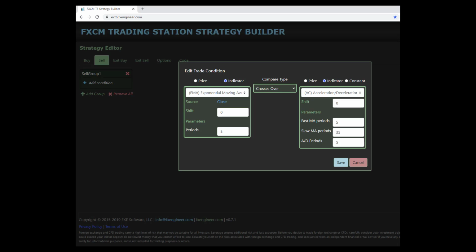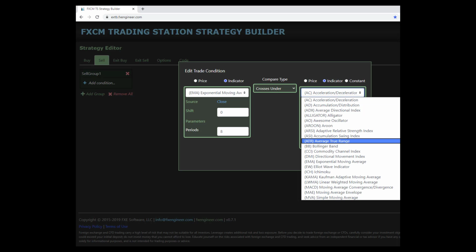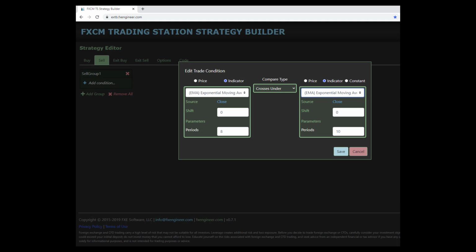And we want that not crosses over this time, but for our selling condition, we want it to look for a cross under. So we're going to change that to cross under. And again, we want it to cross under what? The EMA slow value. And that's just that 34 period exponential moving average. So we're going to go ahead and change the periods to 34. And so our full sell condition here, anytime the 8 period EMA crosses under the 34 period EMA, it's going